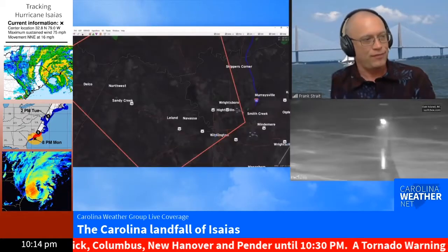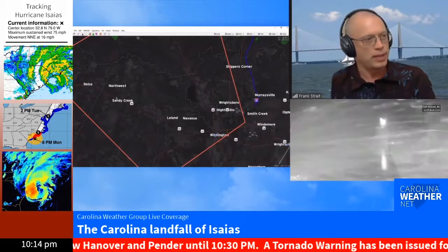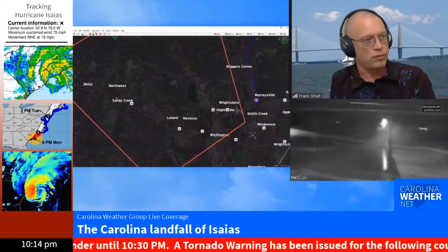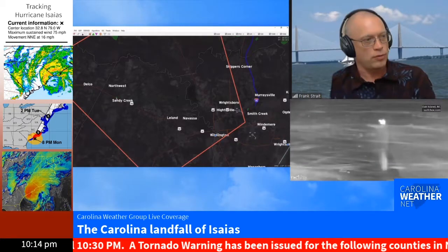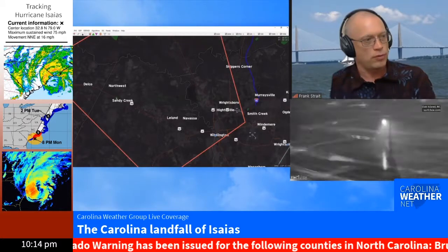I have the feeling that tornado has more or less fallen apart at this point, but nonetheless, if you're in Sandy Creek or Northwest, we can't say it for sure. And over to Delco, you want to stay in your safe spot, safest spot you have anyway for the